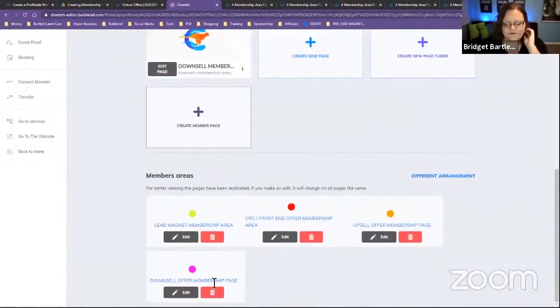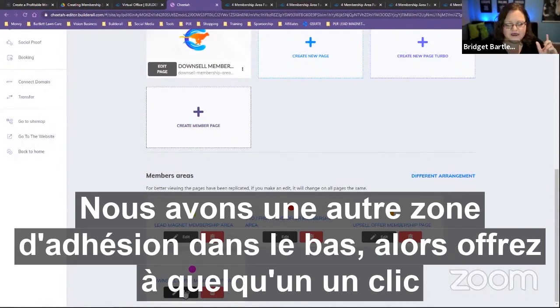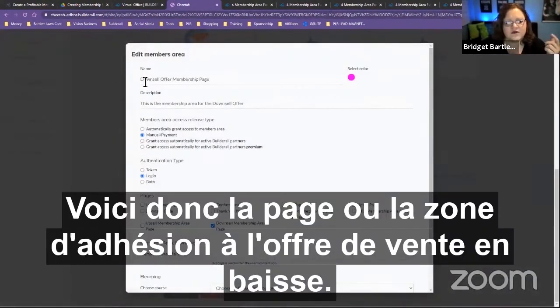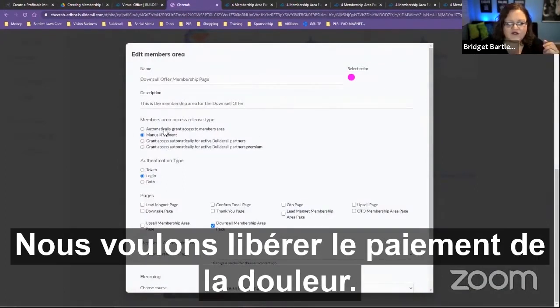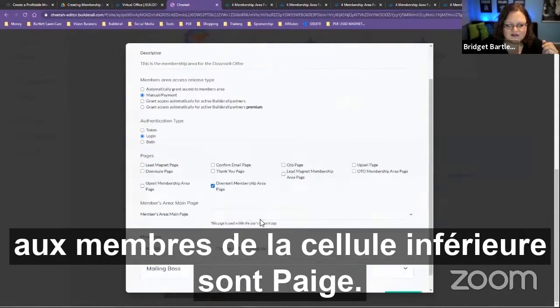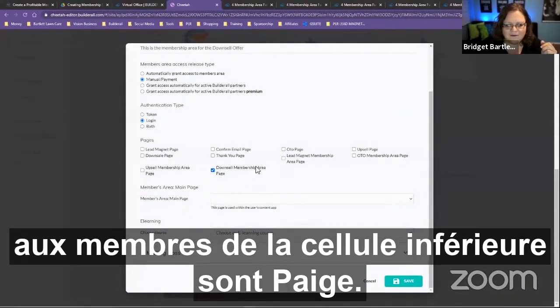Okay, we have one more membership area, the downsell offer. So we're going to click here. This is the downsell offer membership page or area. We want to release upon payment. We're going to have them log in, and then we're going to give them access to the downsell membership area